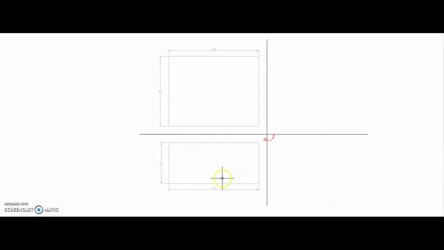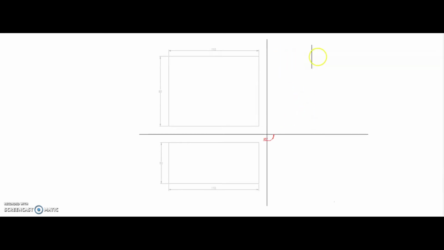Between these two frames, exactly at the middle position, draw this line which will indicate the XY line. Then from this, at a 10 millimeter distance, draw this vertical line called X1 Y1.